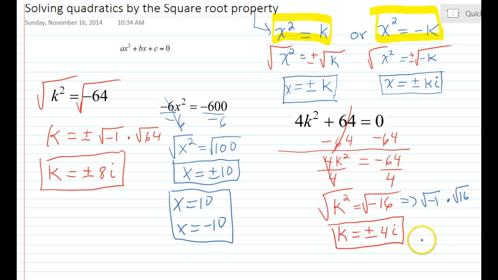Okay. Before we leave with this video, a couple of things I'd like to mention. Ciertas cosas que quiero decir. Some of you might ask me, well, when do you know when to use the square root property? ¿Cuándo sabes que voy a utilizar esta propiedad de la raíz cuadrada? Porque hay varios métodos que se pueden resolver. Well, the first thing that I do, if you notice,